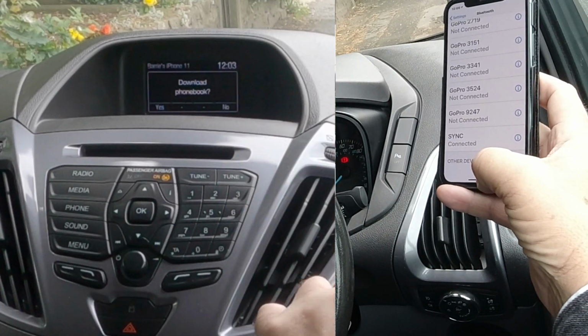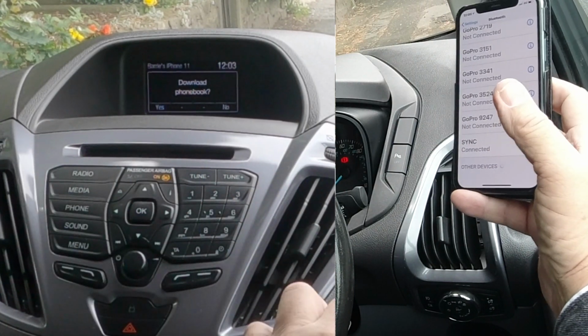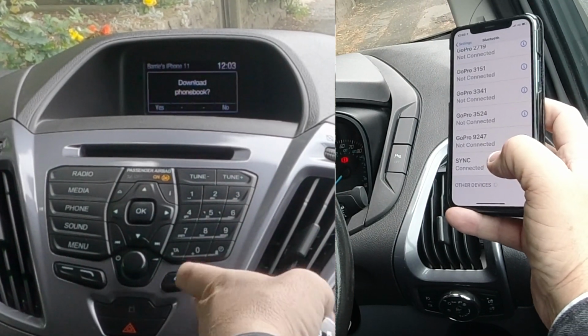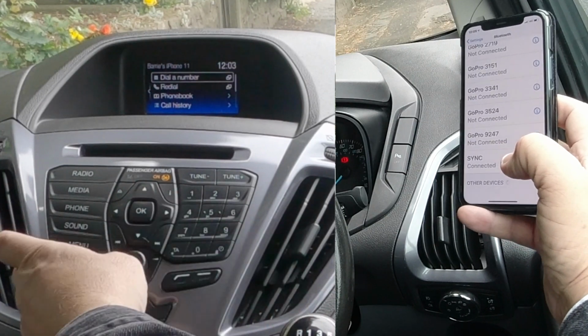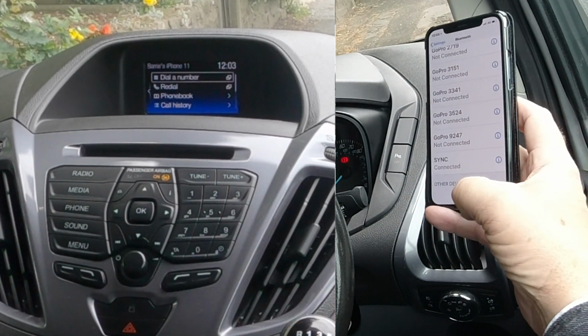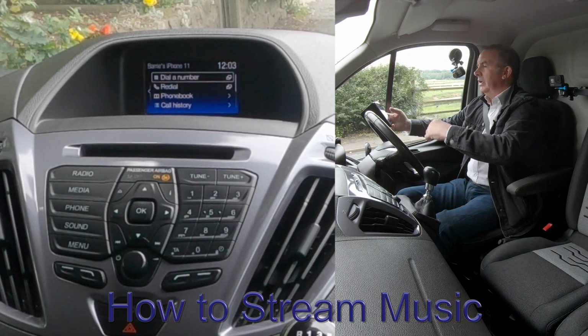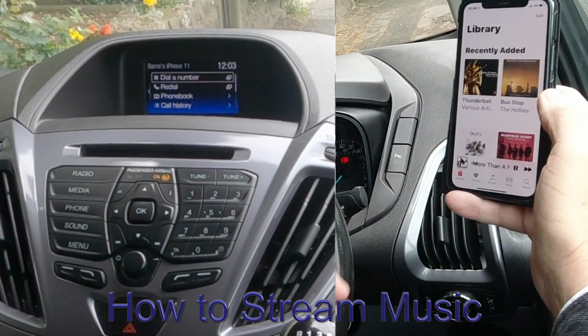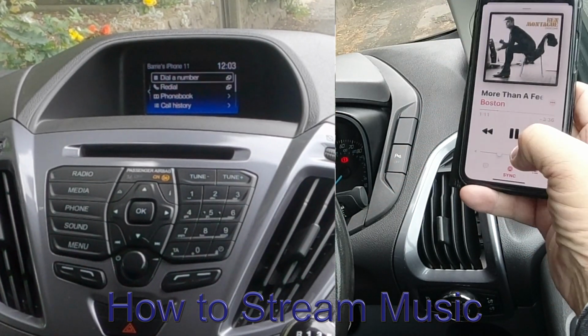It's asking me if I want to download my phone book. I don't. I won't be using this again. So we'll just click no. There's no there and yes there. So that's that done. Another great thing with the Sync audio system is if you go into music, I'll turn